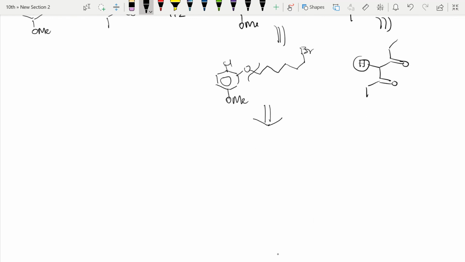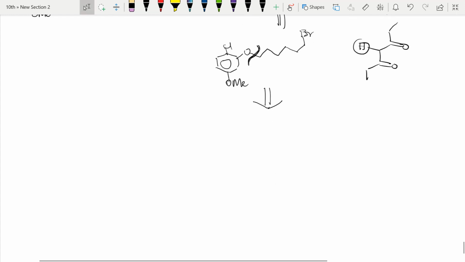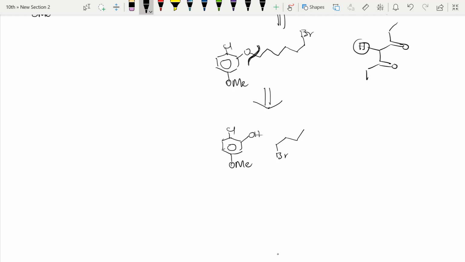Here, see, this oxygen and carbon heteroatom bond can be easily cleaved. In the first class on retrosynthesis I explained all these things, right? You should not forget those things. Please listen to my video, and along with that you can read, take notes, and go through it again. Then this retrosynthesis will be easy for you, right?